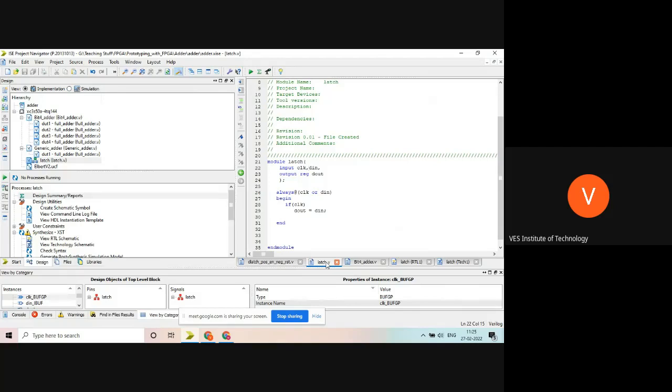So basically the 25th pre-recorded session I have not given. So I'm covering all those things in today's session. Instead of a pre-recorded session, you can watch this session, and latch, flip-flop, counter, everything will be covered. In fact, I have covered the generic programming also. I hope everyone is clear with this. Now we have to write a test bench for it. You may write a simple test bench for it.